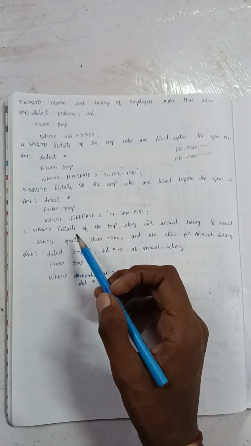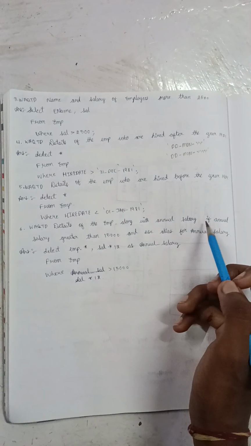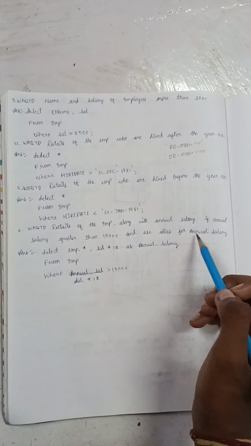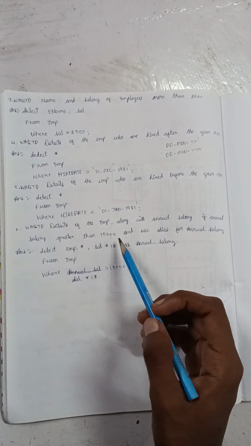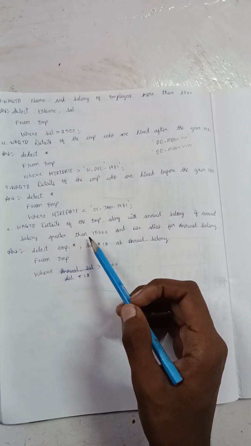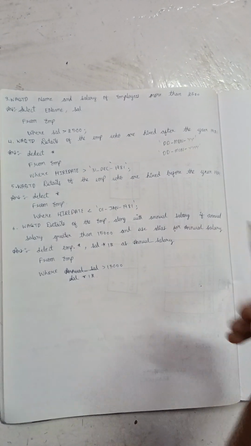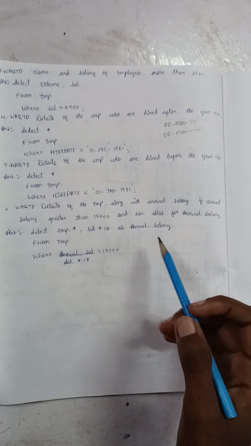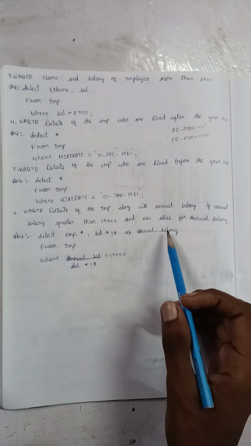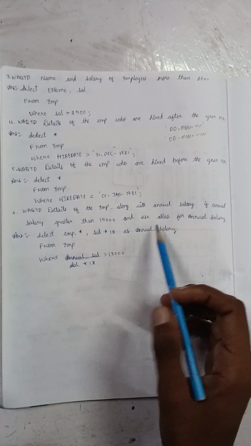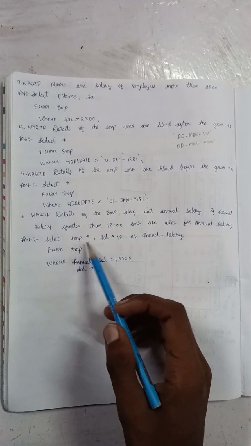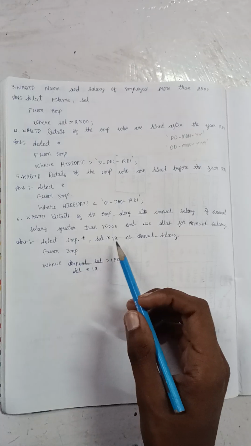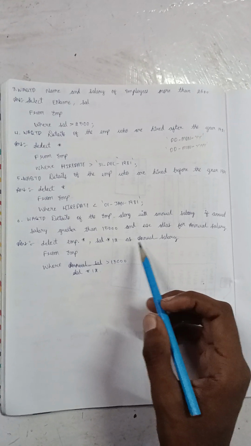Write a query to display details of the employee along with annual salary, if annual salary is greater than 15,000, and use an alias for annual salary. So here we want details of the employee with annual salary greater than 15,000, and we also have to represent the annual salary by using an alias. So SELECT emp.*, salary * 12 AS annual_salary